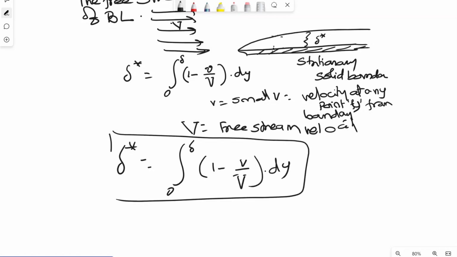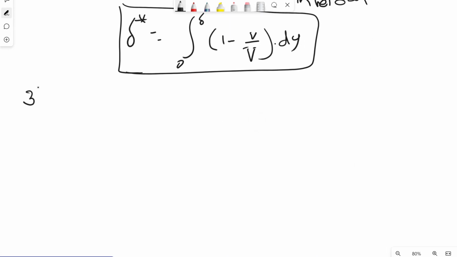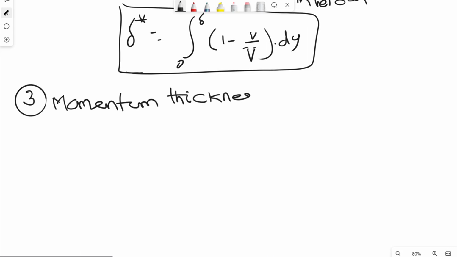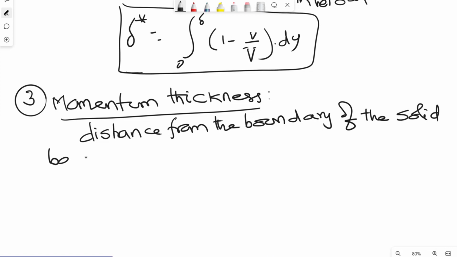So what they will do in the exam is they give the equation for velocity. So you need to calculate this. We will do that, no issues. Then coming to third, actually, momentum thickness. Again, it is also the distance from the boundary of the solid body. Of course, always the distance is measured perpendicular to the solid body by which